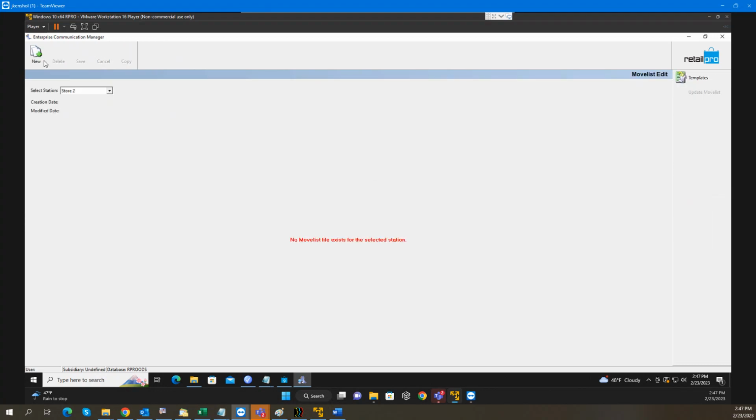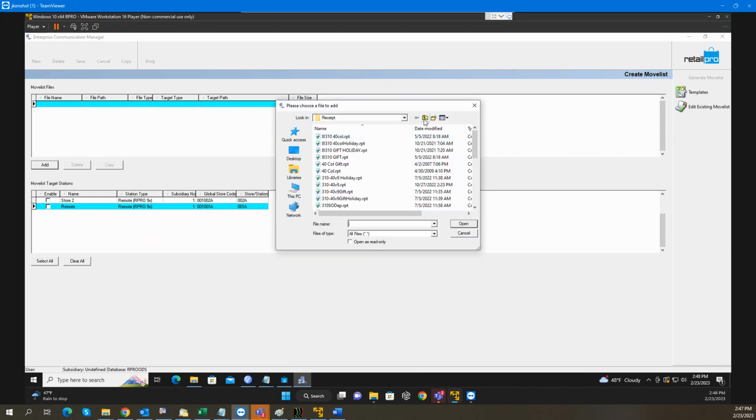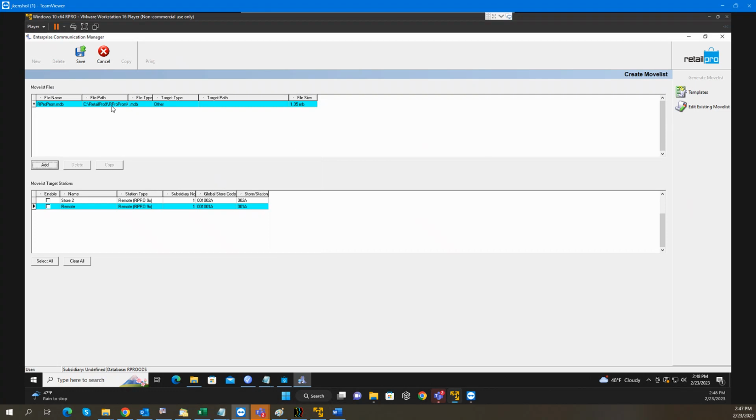So I can open up a move list and say I want to make a new move list, and OK. And I want to move a file, so let's go add a file. And I want that file to be not a document design, but the RPro promotions MDB. So if I drop that in, then in my store, I would need to put the path at my store. So I'm going to need to know the path. Now, mostly when we install them, and this is a VM so I only have a C drive, but mostly it's an R drive. When we do a standard install,